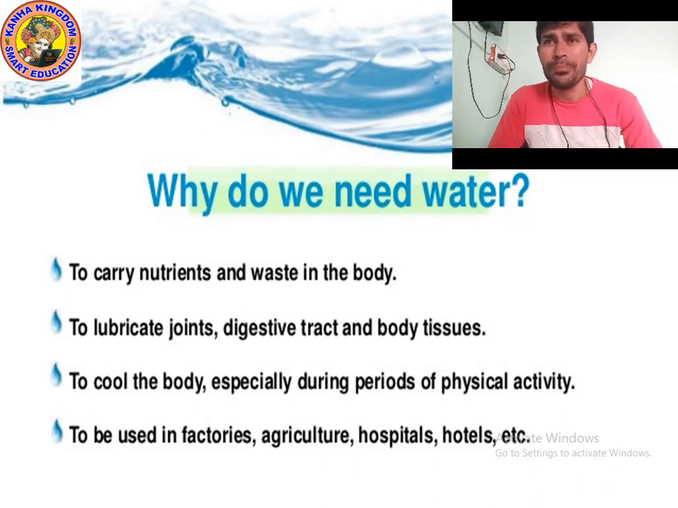But we should not drink too much coffee, tea, colas, Coca Cola, or cold drinks. Why should we not drink coffee? Why should we not drink Coca Cola? Because